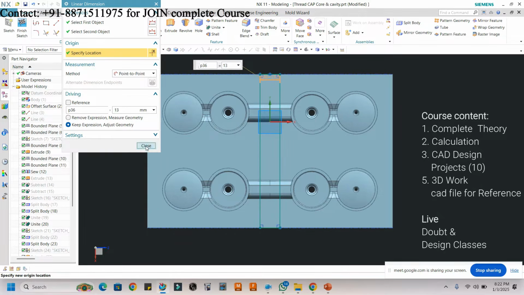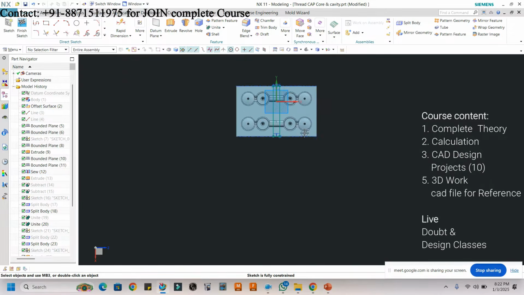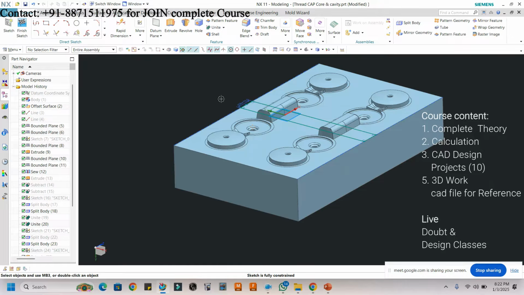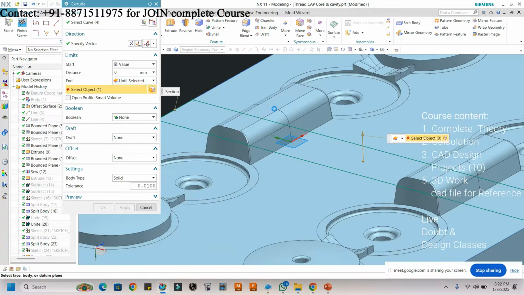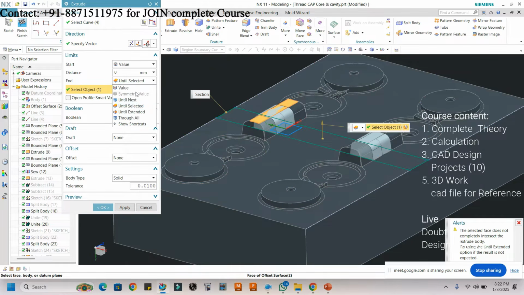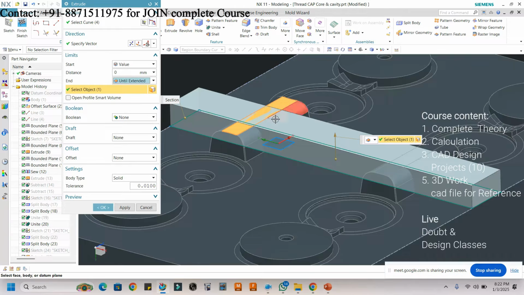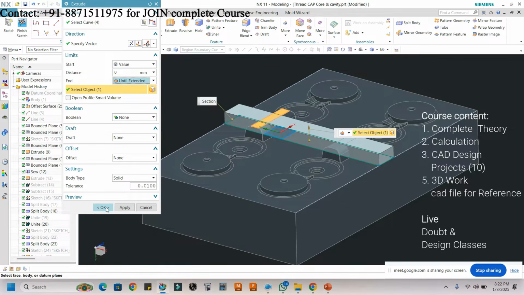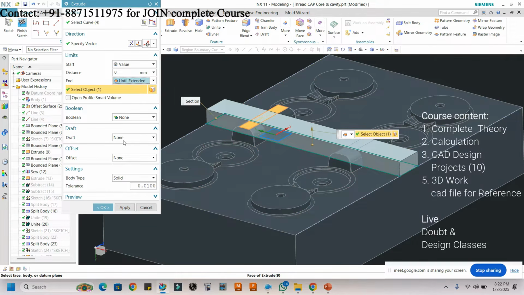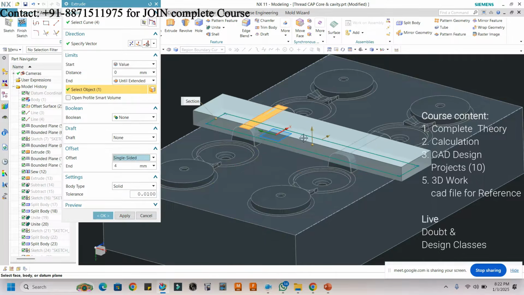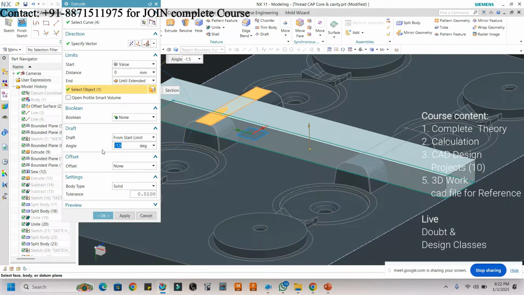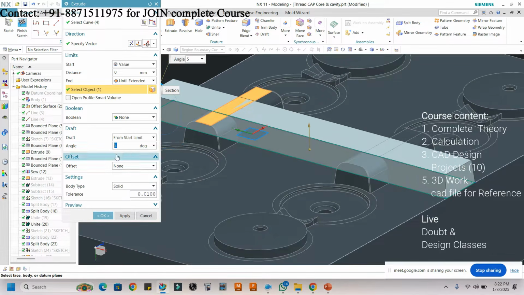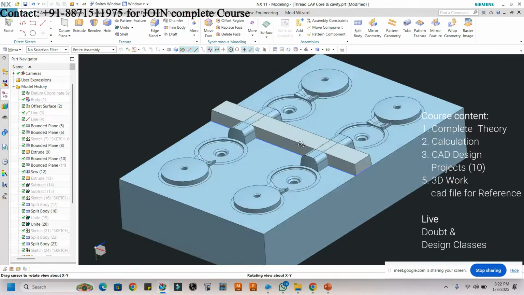I'm just taking a random dimension right now. Now extrude this up to the selected face, or until this face, and click OK. And give the draft also. I am taking the draft, how much draft can I take, 5 mm, and click OK.